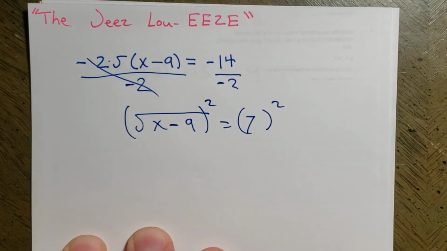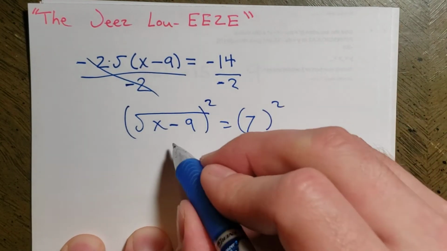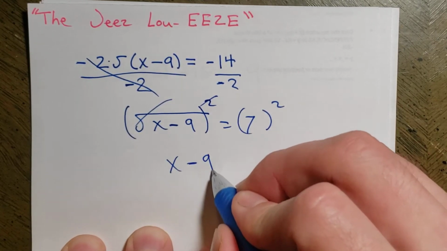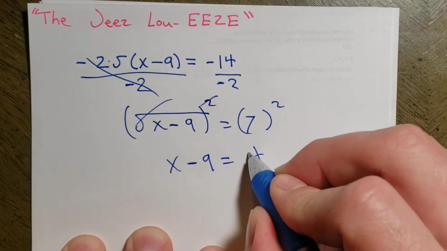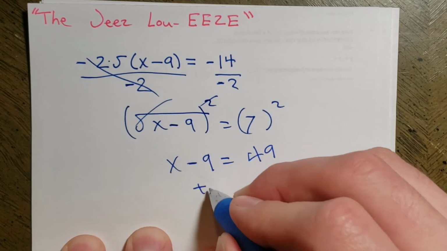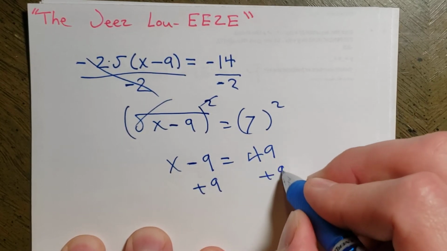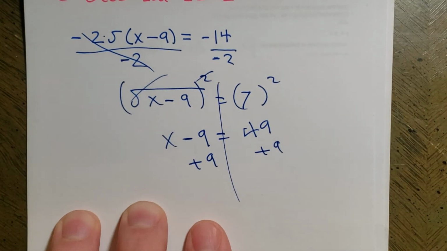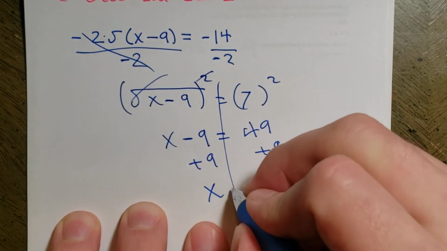Let's take both sides and square them. Cancels. x minus 9 is going to equal 49. That's what 7 squared is. Next move, I'm going to add 9 to both sides. Normally, I write a thing like that. 49 plus 9, I believe, is 58. x is going to equal